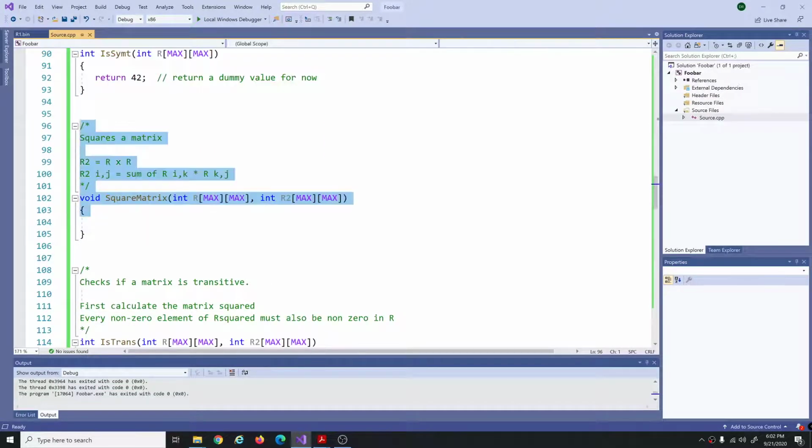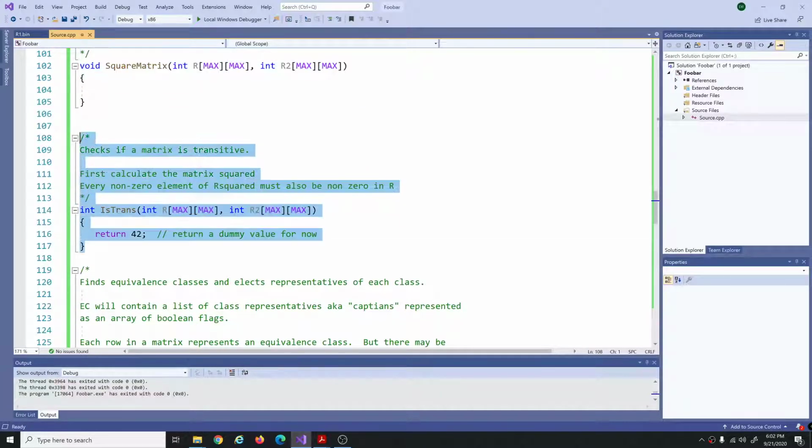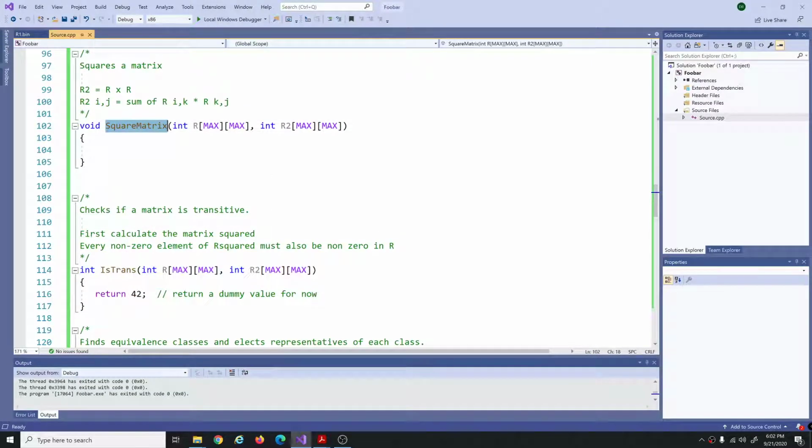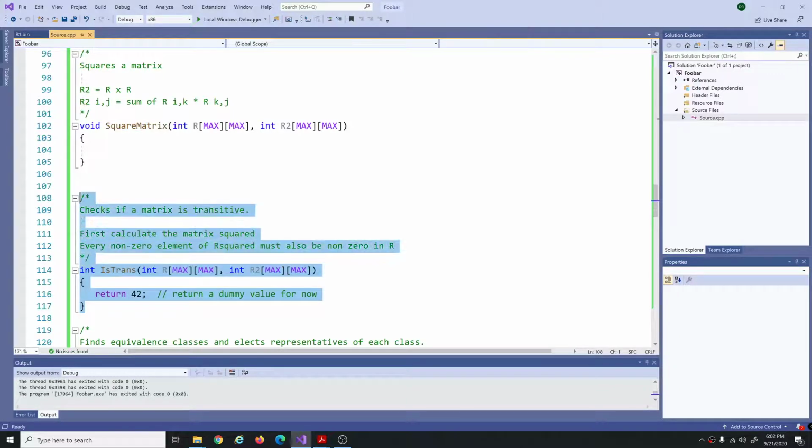This thing here, squaring the matrix, I want you to implement that. Then you can use the result of square matrix to write is trans. You want to check in the square matrix and compare the elements in the square matrix with the elements in the original matrix to determine if